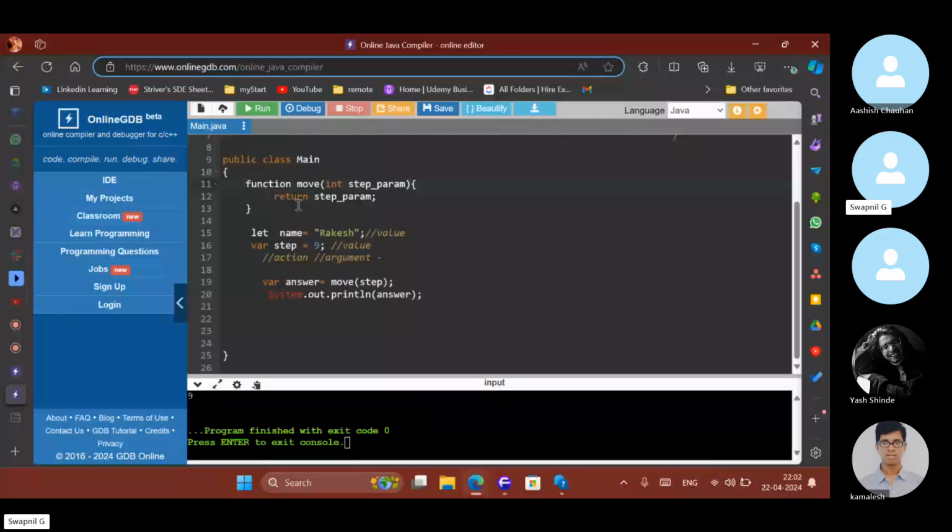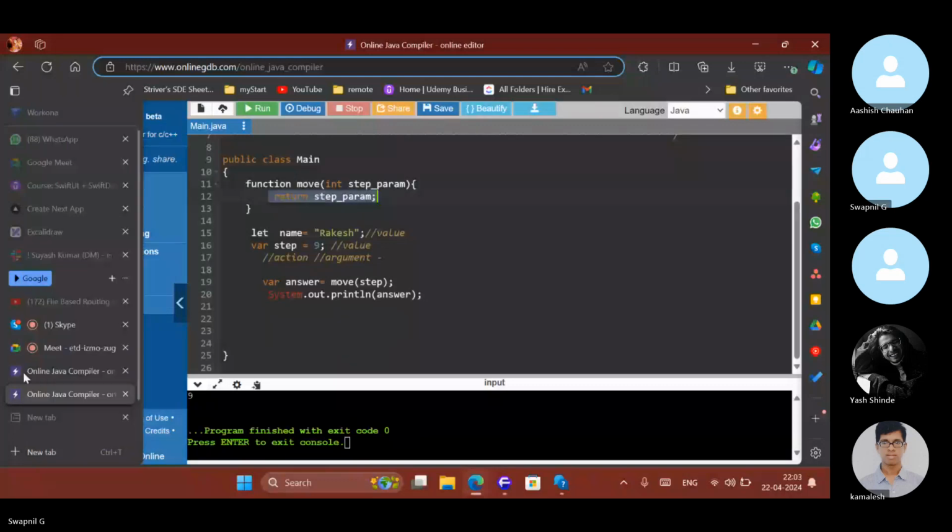Okay. So is the difference clear? What is return type? One thing is clear, return type is clear to everyone. Whatever the answer of the function is, what is it? Answer of the function is what? Hello?